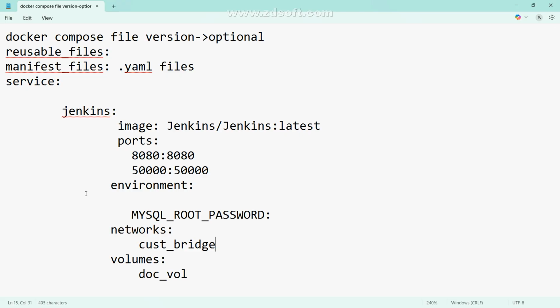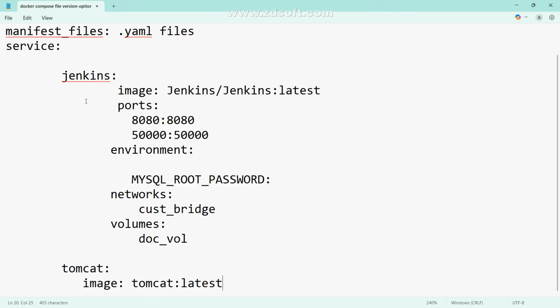One more thing. If you want to work with the network, will you create the network name, or will the system create the network automatically? Quick response, anyone? Till now, if I want to work with a custom bridge network, that network name we are creating. The system cannot generate it. But here in